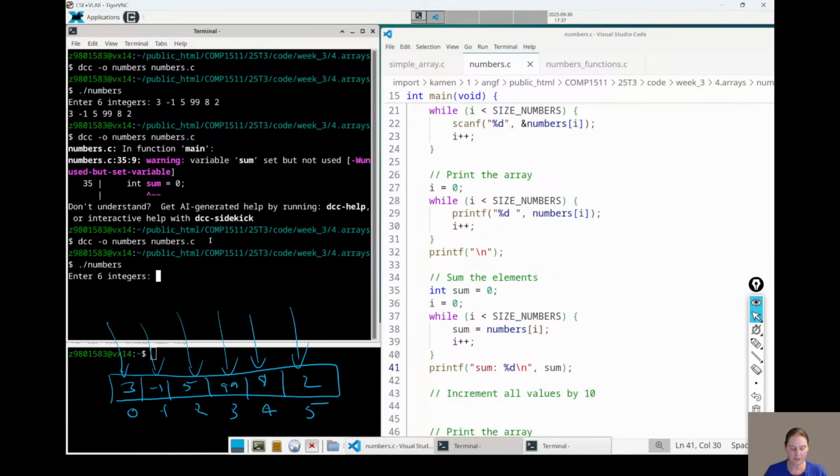Enter 6 integers. 1, 2, 3, 4, 5, 6. Oh, what have I done wrong? I got a sum of 1. That is incorrect.